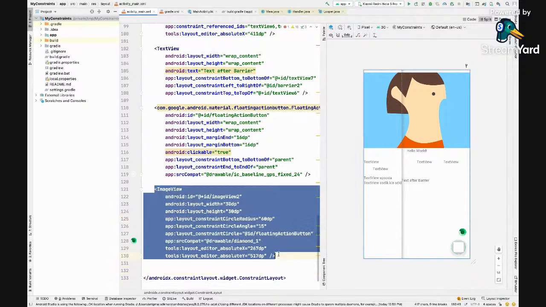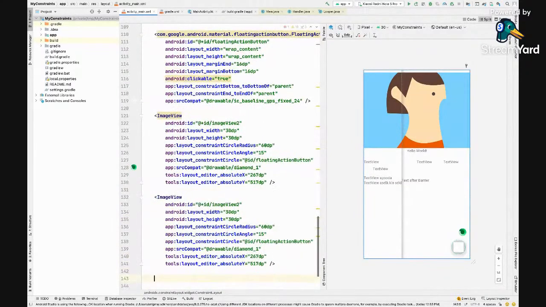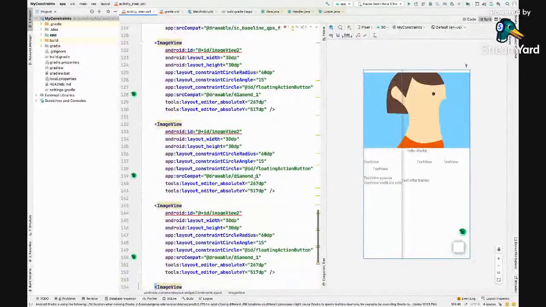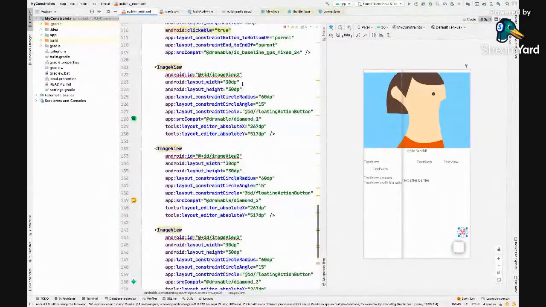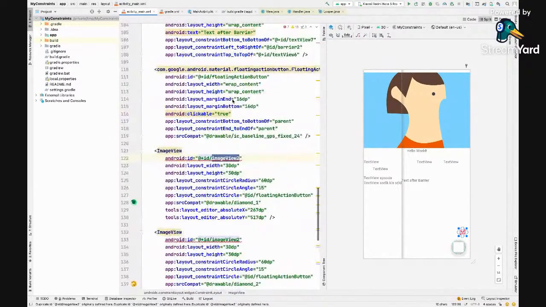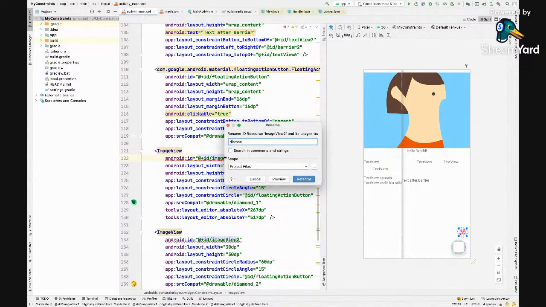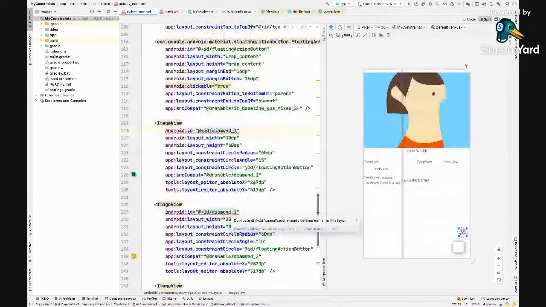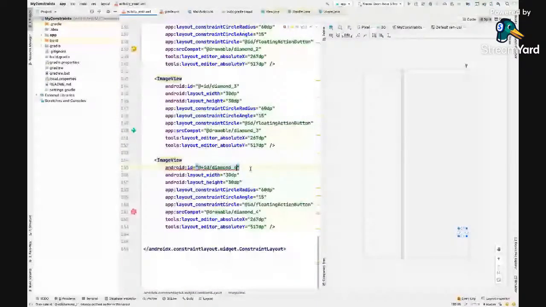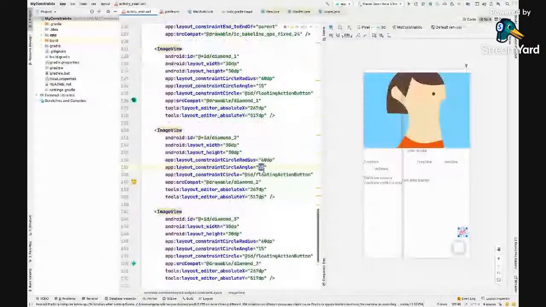If I have multiple views here, let's say diamond 2, 3. Third, 15 I have already.